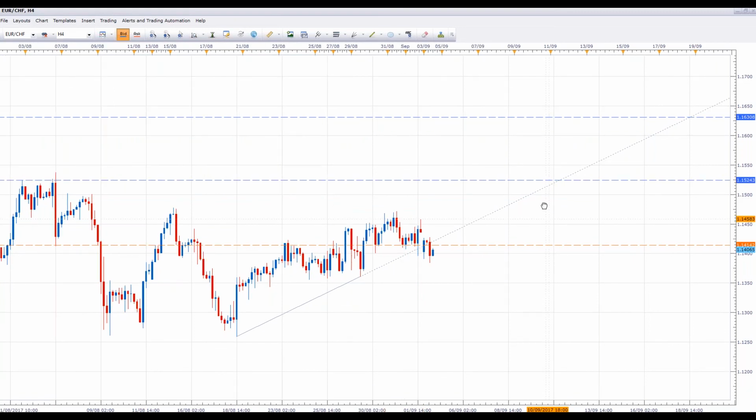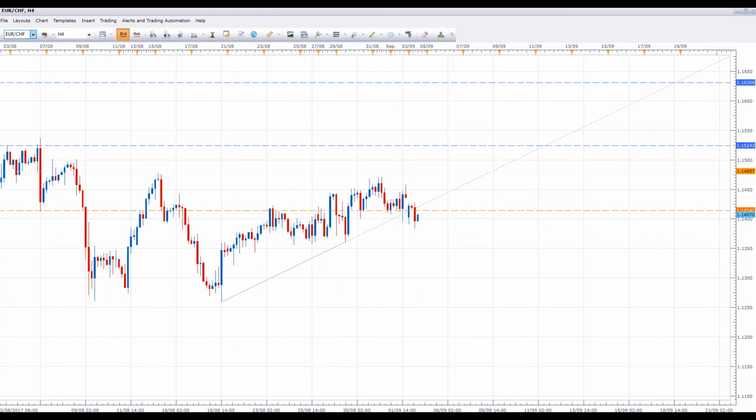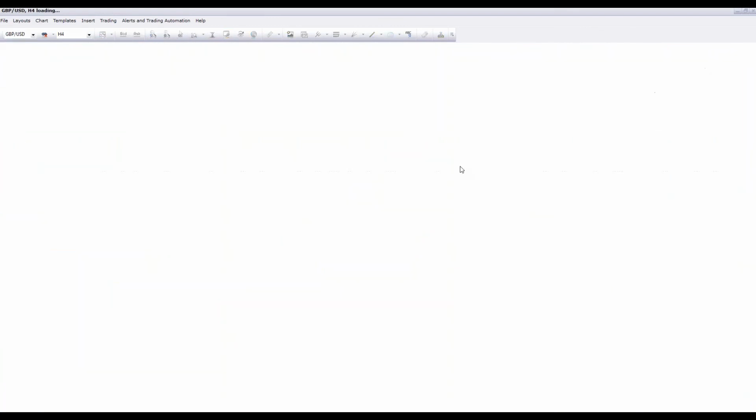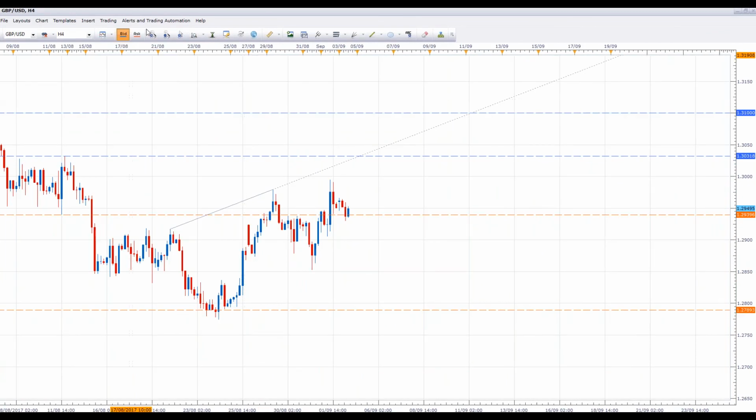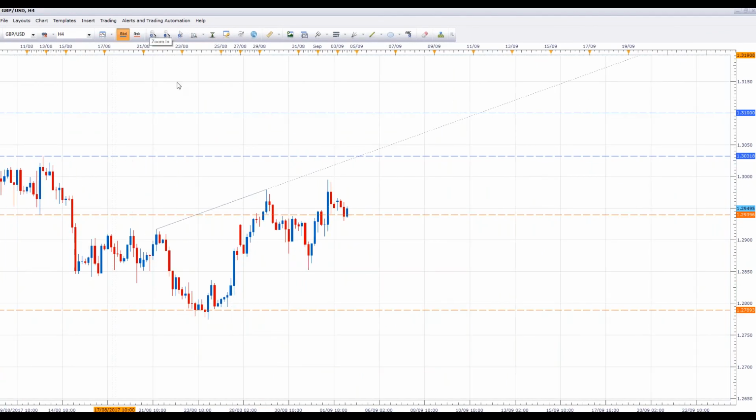Okay, Selvan says pound US dollar. Okay, let's go pound US dollar. So pound US dollar, Selvan, is in fact one of the stronger, looks to me like one of the stronger pairings against the dollar. So if you can see here, we actually had this push up last week, and this was the target that we had highlighted from last week. We said if we get a bounce from here, this is where we're thinking it's going to come to next. And it traded into this, and it kind of rejected, but only in a corrective fashion. We didn't see a